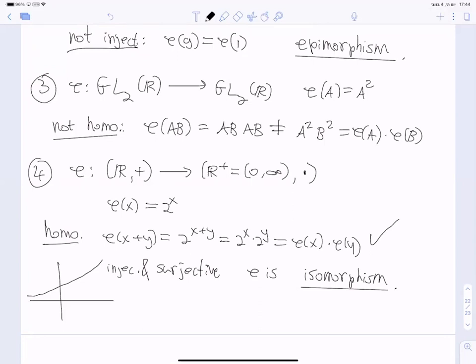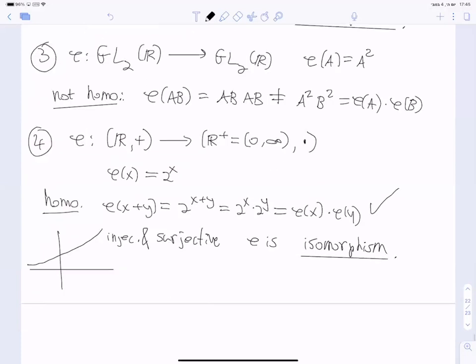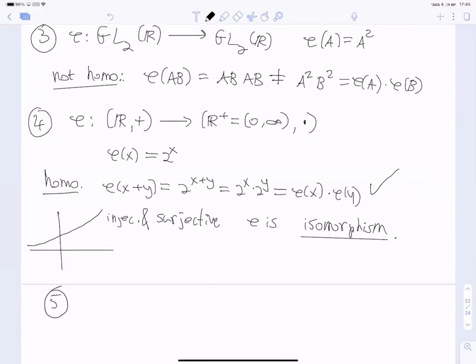For example, any linear transformation, like in linear algebra, okay? Any linear transformation is a homomorphism. It has, of course, no reason to be injective or surjective, but it is linear, because let us see this example. If I take, for example, a linear transformation